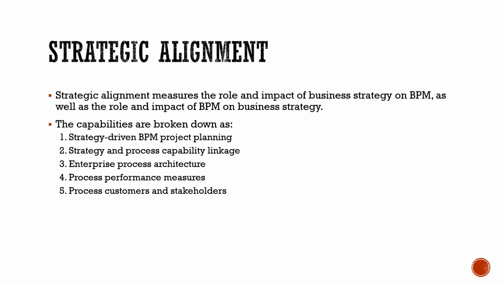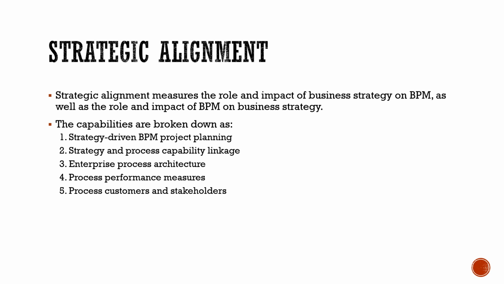Another capability area is the enterprise process architecture. An enterprise-wide process architecture can offer a high-level yet comprehensive view on how the organization delivers value to its customers and stakeholders via its set of core processes, and how these processes are enabled by the support processes and how they are regulated by managed processes. The next capability area under strategic alignment is process performance